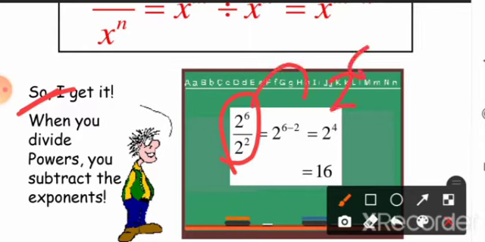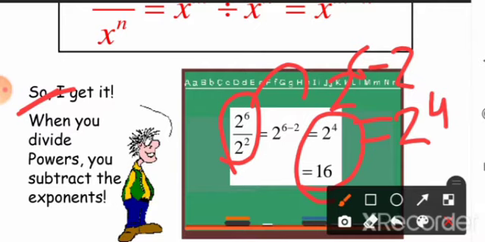2 power 6 minus 2. So the answer is 2 power 4. 2 power 4 means 16. That's the answer. It's a very simple question. You can solve it easily. Clear now? Next one is